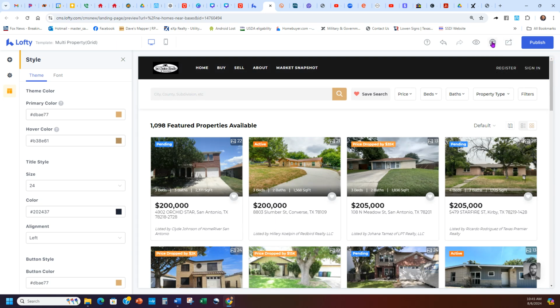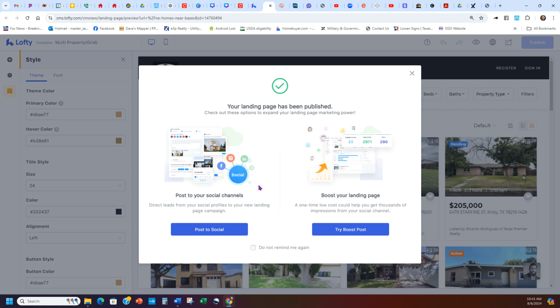Now you can go right here. It lets you do all kinds of options, see what it looks like and all this. I don't worry about any of that. I'm going to know what it looks like already. I'm going to hit publish. Now once you hit publish, what I like to do, this is up to you, but I really like to go here to post to social,